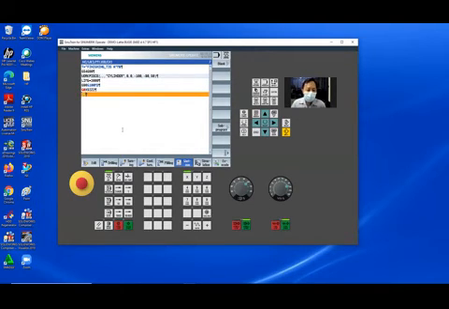G1, go to the X 30. But we have chamfer 3 millimeter. 30, chamfer 3. So 30 minus 24.